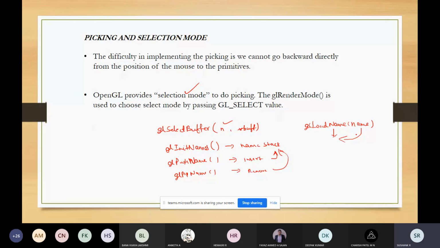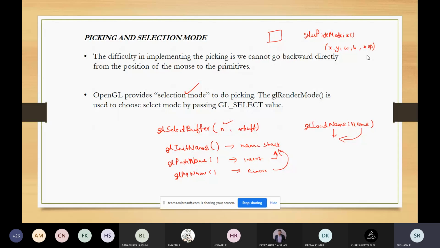And also you can set the clipping volume by using gluPickMatrix. To set the clipping volume, you can use gluPickMatrix, which takes parameters like coordinate positions, width, height, and the pointer to the viewport.